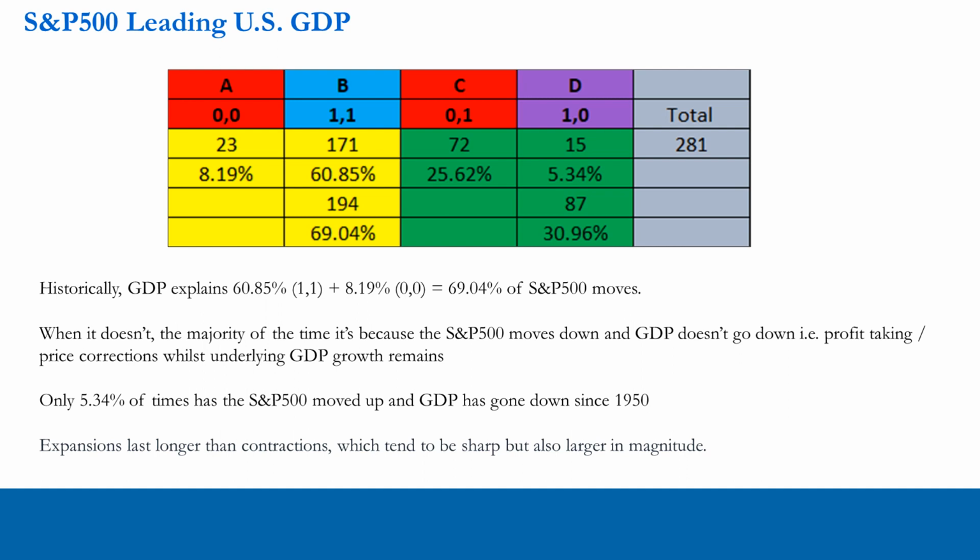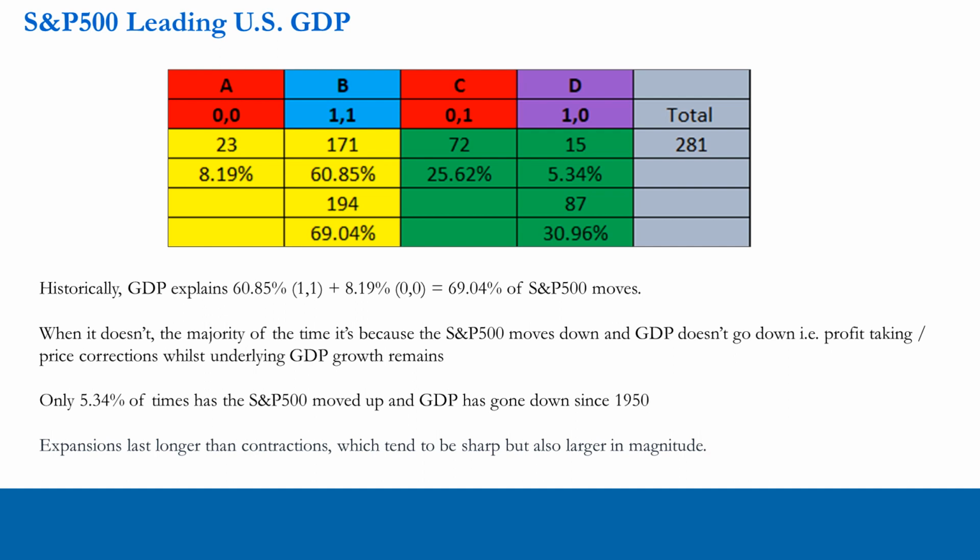Now, in the vast majority of times when they move in the same direction, so 60.85% of times, they both move up, okay? And then in a small amount of cases, they both move down, the 8.19% of cases. And when they both move in the same direction and go up, that's in the vast majority, 60.85% of cases, okay? Now, taken together, same direction,